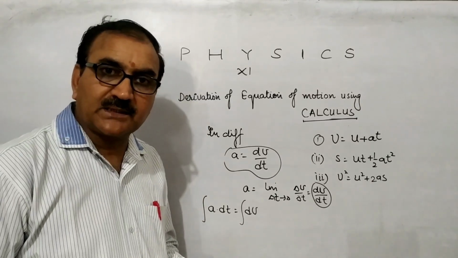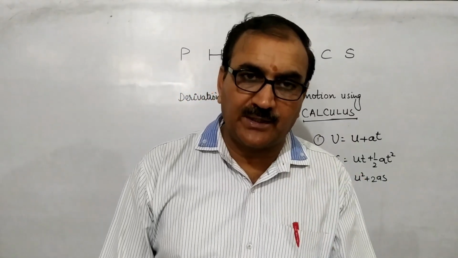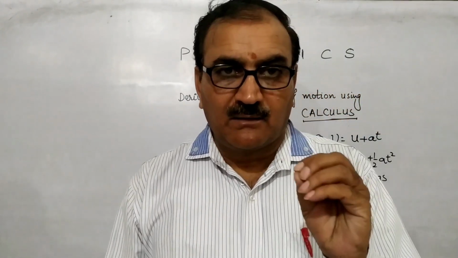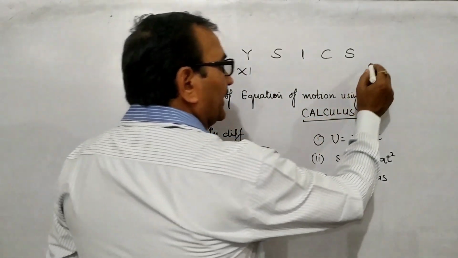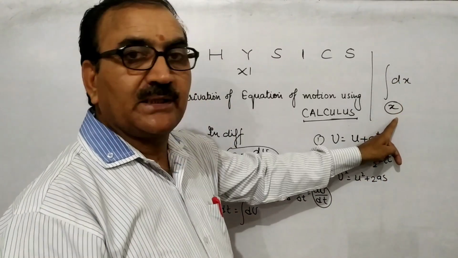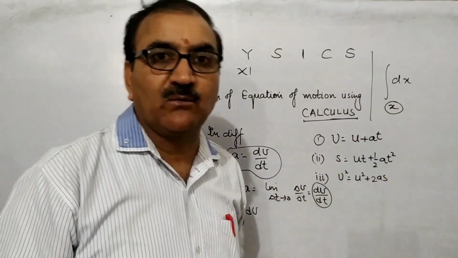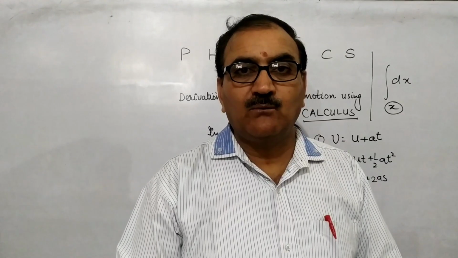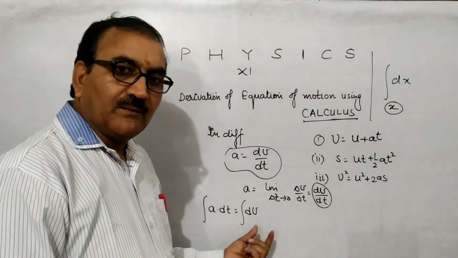Just like in differentiation we use the term d upon dx, d upon dt, d upon dy, d upon d theta, whatever, in integration we use the integration symbol with dx, dy, dz, whatever. So here this is dv. You know the integration of dx is equal to x, that is, the integration of dx is x. Now if we want to do this integration within a particular limit, that is, from here to here, then it is called limit integration, or definite integration. Though you will study this in mathematics, here we want to calculate the velocity of the body